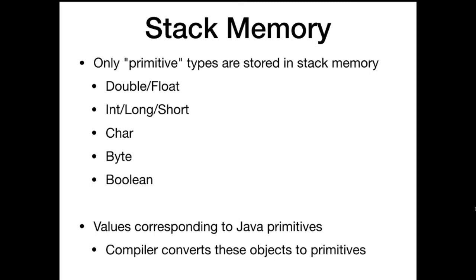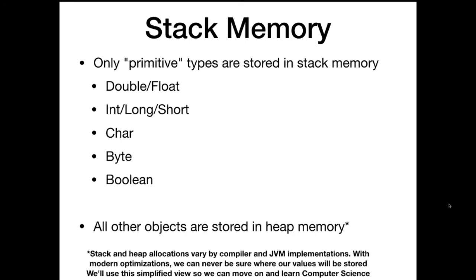You can't actually define new primitives in Scala. It's awkward, and sometimes it's just weird. But for our purposes, these are the only things that go on the stack, which conveniently all the variable types that I used were these types. Notice that string isn't even on this list. So everything else does not go on the stack. Everything else is going to go in what's called heap memory.